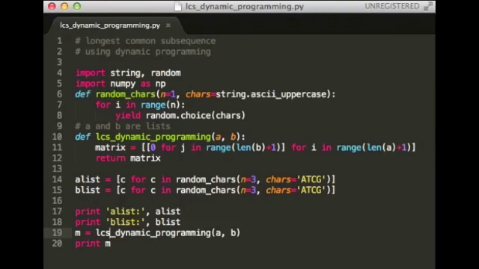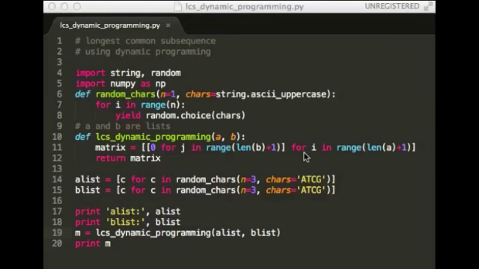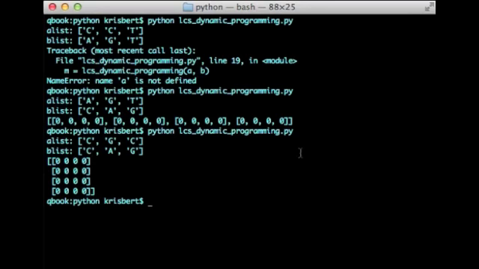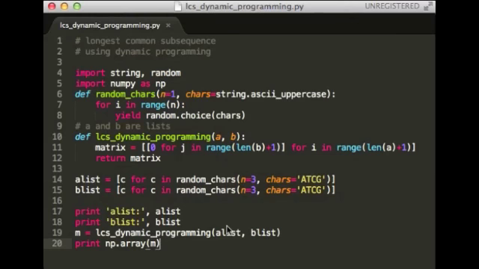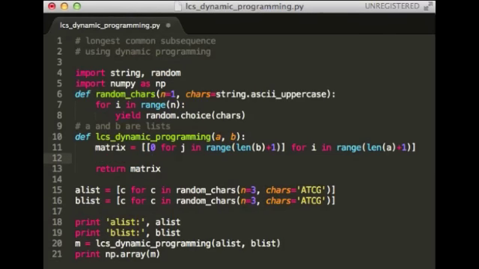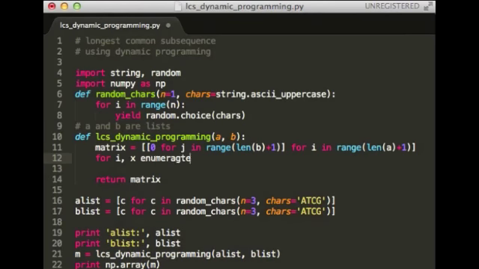A not defined. Okay, so this is a matrix. Let's make that look a little better. Okay, that's a much better looking matrix. So now we have the initial matrix, and we need to do a few things. We need to iterate over all values in A,